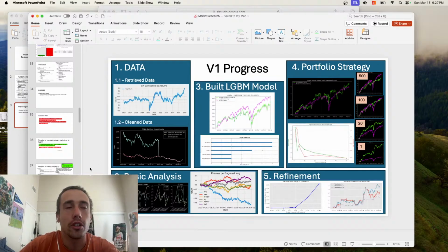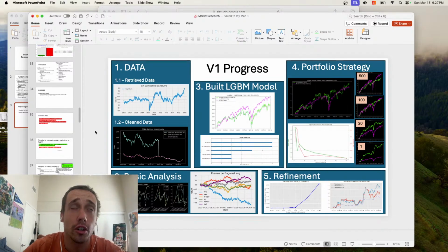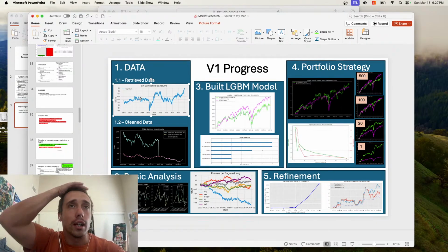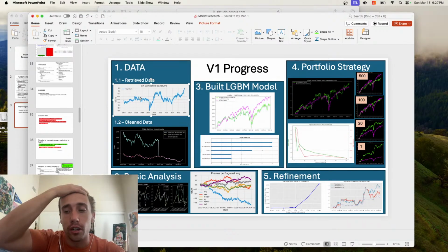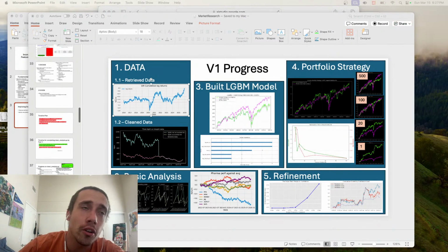So this is the first iteration of this. I've basically been working on this project since the beginning of the year, the last 2 days of last year. I started it on December 29th. I got data from the NASDAQ database. The problem is you have to download this from the website every day for each ticker, and it's really inefficient.